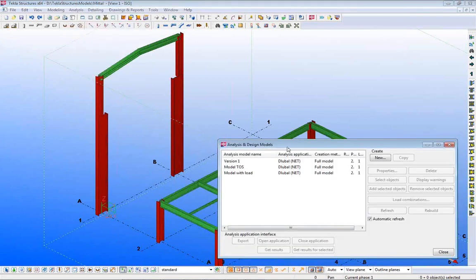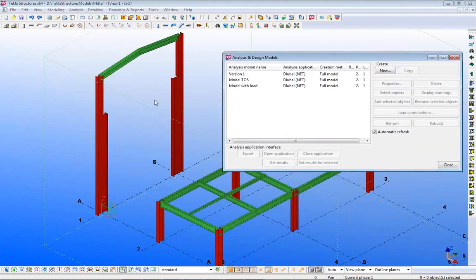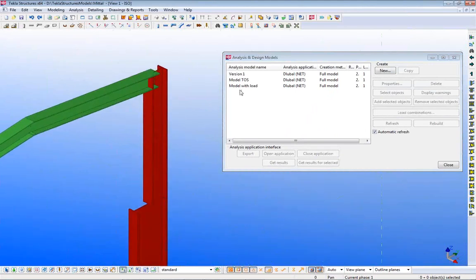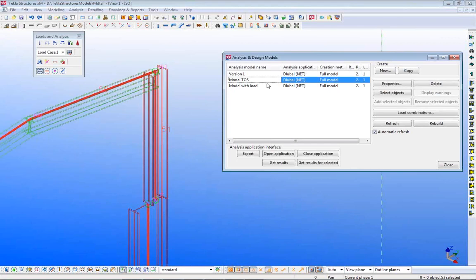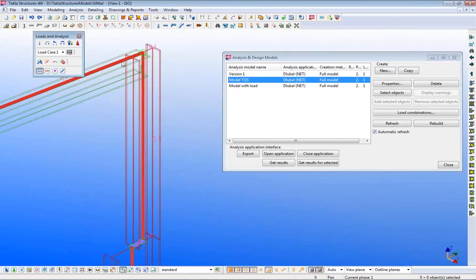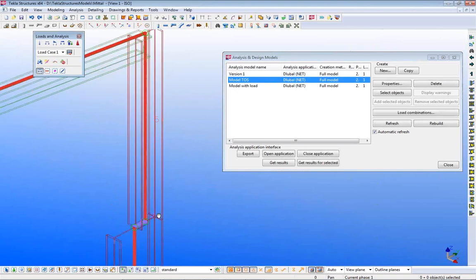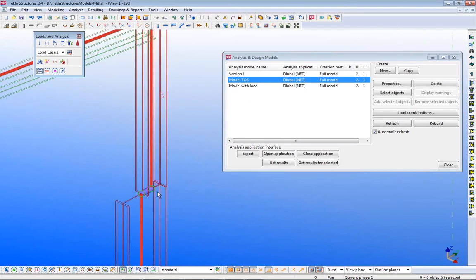I start this, and I have prepared already a few models, and I can, for example, show what happens when I select this model. I get a display of the actual analytical beams, and we see here that everything is now modeled by the center lines of the columns. So the statical model is in the center line of the physical model, and because of this we have an